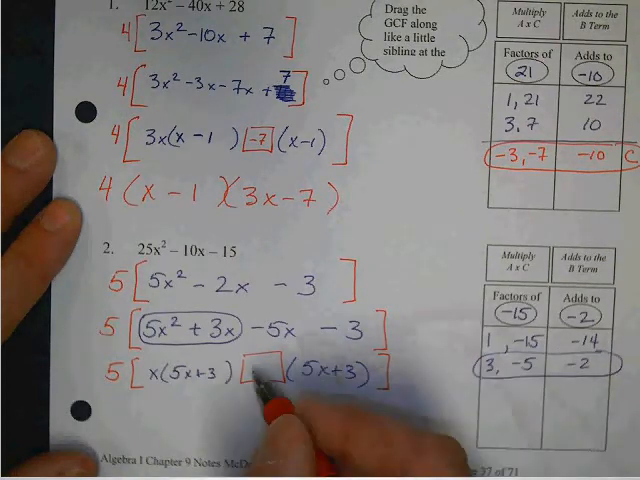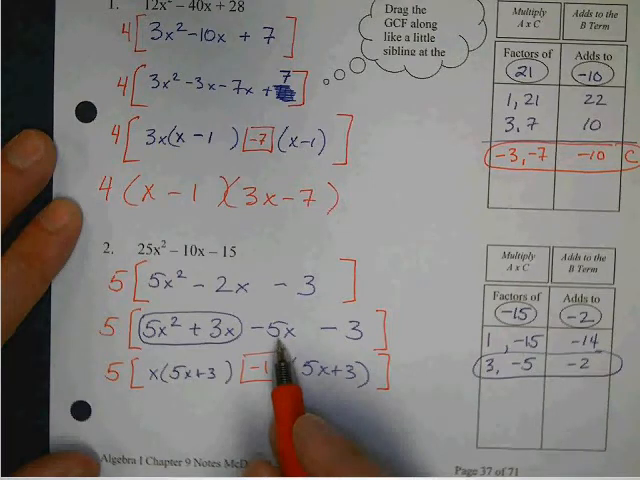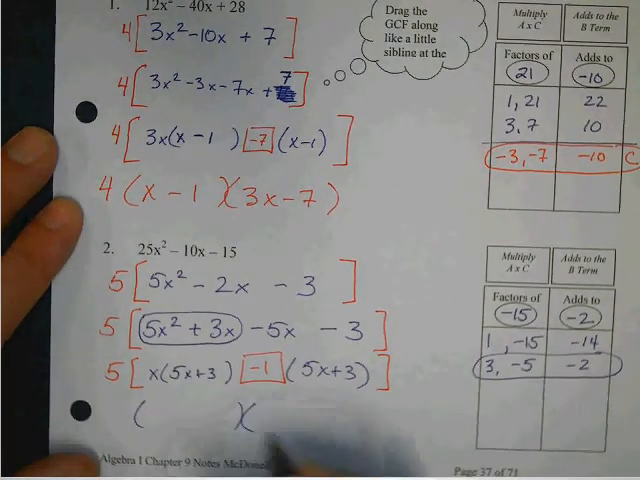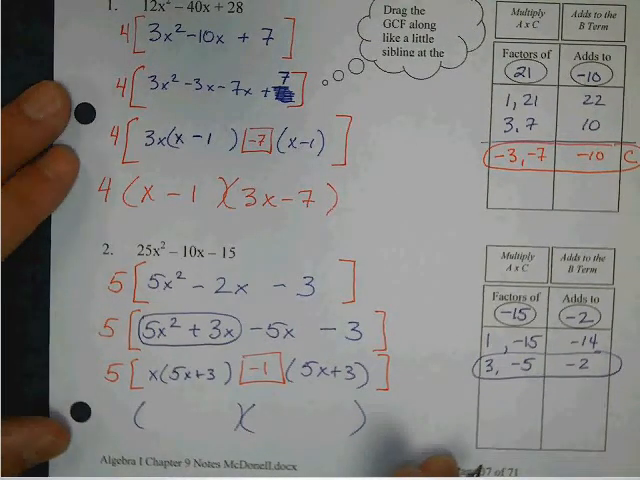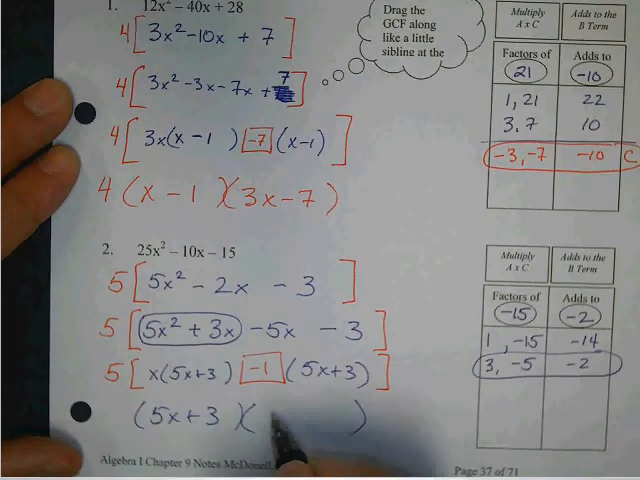I'm hearing negative 1. Is negative 3 divided by 3 negative 1? You bet. Let's check it. Is negative 1 times 5x negative 5x? All right, Mr. Donsel, would you be so kind as to give me my answer? Yes, 5x plus 3,